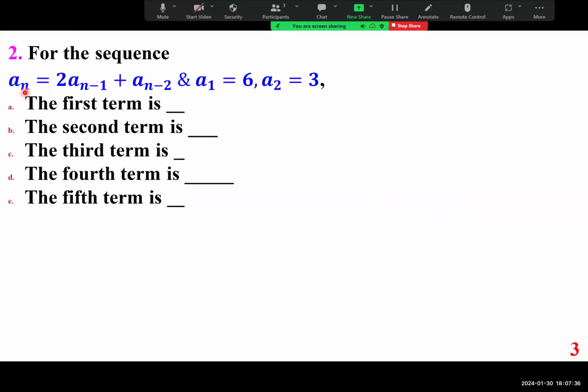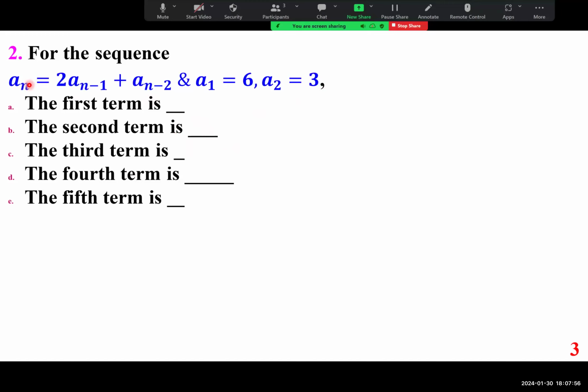For the sequence a sub n equals 2 a sub n minus 1 plus a sub n minus 2, given a sub 1 equals 6, a sub 2 equals 3, first find the following terms. The first term is simply given as 6. The second one is simply given as 3. So using this, if you want the third one,